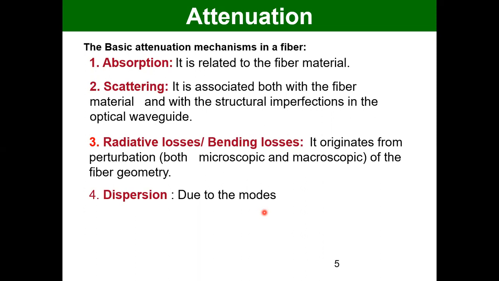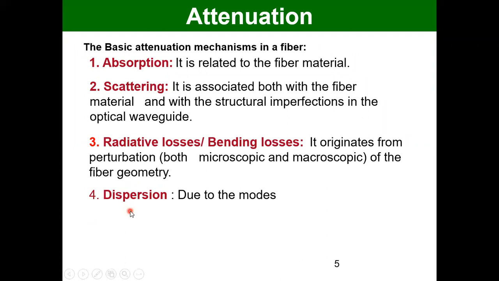Or sorry, pulse broadening. So to reduce that, I went for a graded index fiber, so that at the outside, those rays travel faster because the refractive index is less. We tried to change the refractive index of the core so that almost all the modes appear at the same time. So that was only to reduce the dispersion loss.